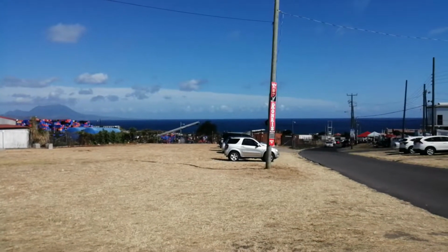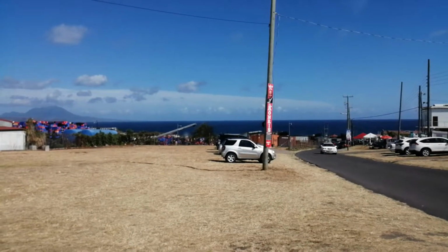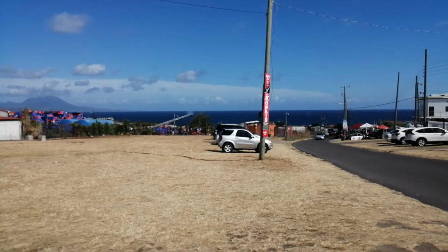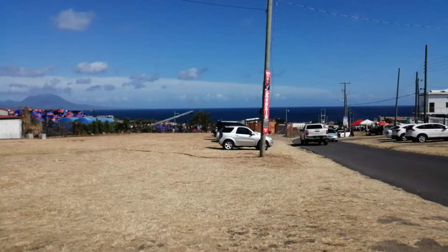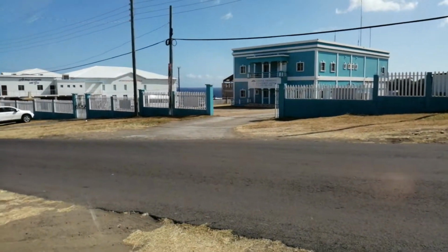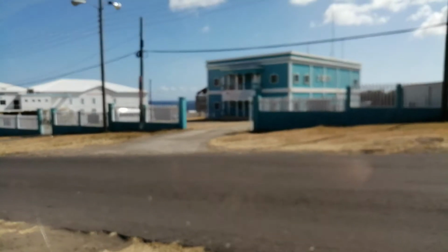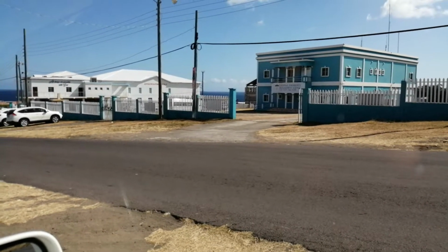In the beautiful island of St. Kitts, and I'm in the area called Lyme Kill. It's a development that's actually just on the edge of town, going towards the veterinarian school. The reason I'm going through this area is I'm going to give you a quick span here. This is an area that has probably the biggest lots as far as commercial type use. So if someone wants to get an acre or 2 acres, it's the only place you can really get this